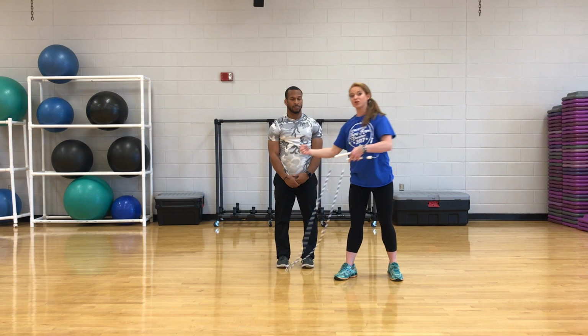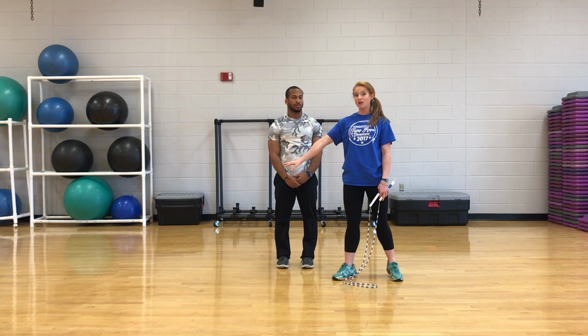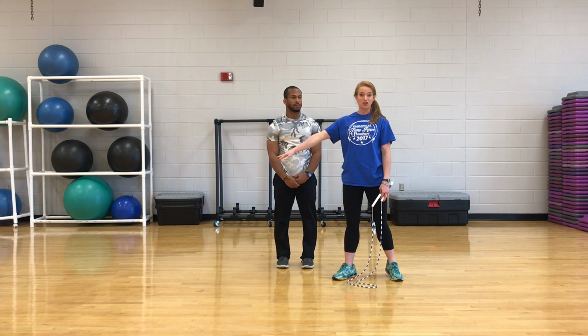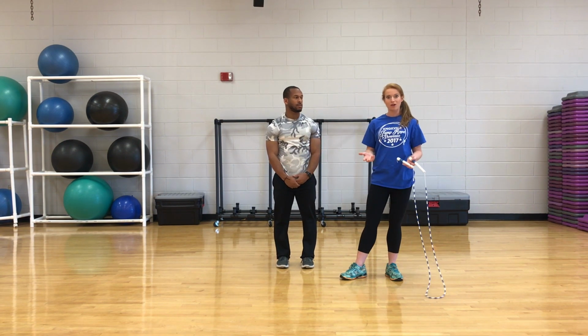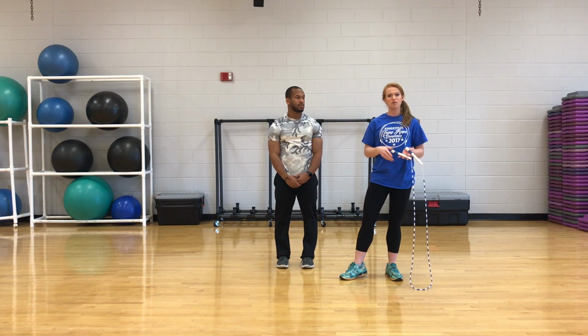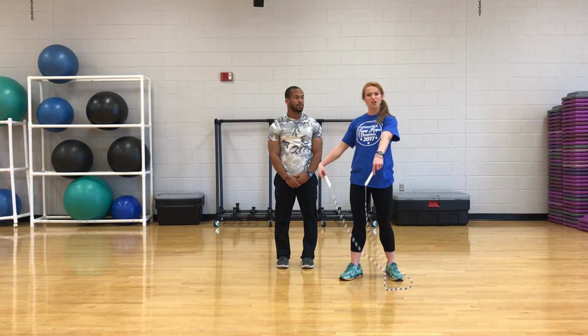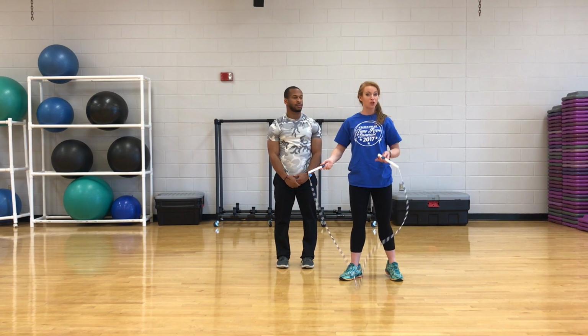If you pull back too soon, rather than following through, leaning in and completing the skill, then the rope won't make it past the jumper's feet. It'll only get past their hands. So those are the most important things to know as the scooper, and then also just making sure that your hands aren't too wide. Get a good loop for your jumper to go through, and make sure that you're communicating,